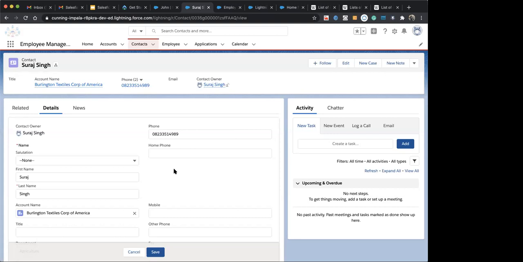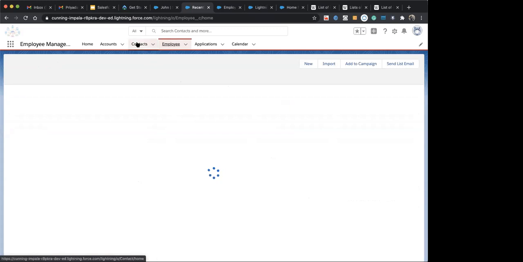So before creating the record type, fix on what we are going to do. Right now, I will create a record type on the contact object.